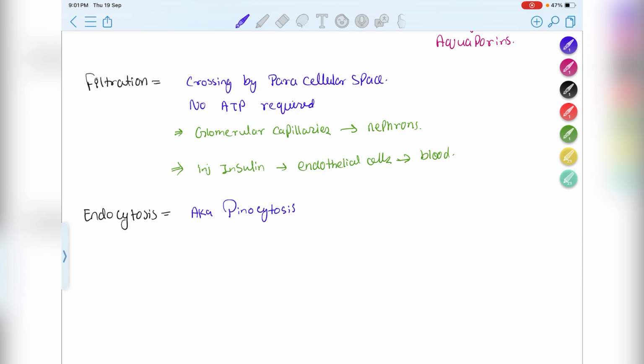Okay, what happens in this? The cell changes its cell membrane through a specific receptor, and the drug enters the cell. Okay, we can take an example of endocytosis. This is the cell, the drug comes up here. Okay, after that